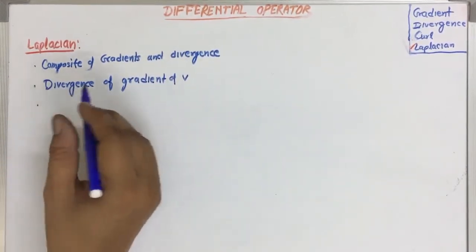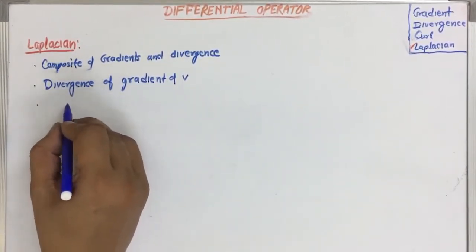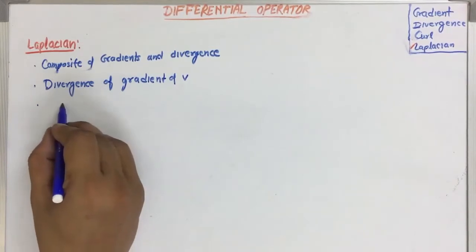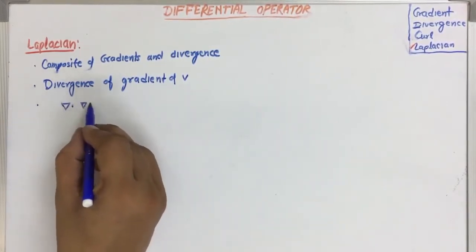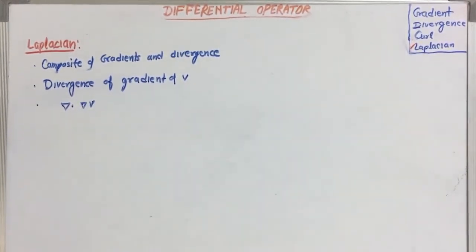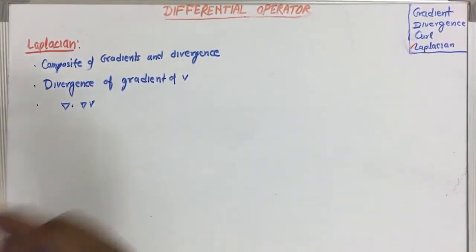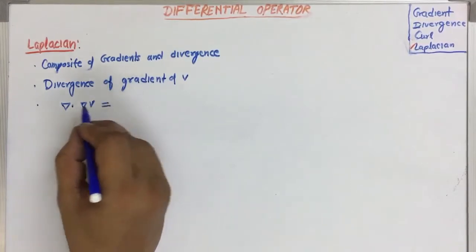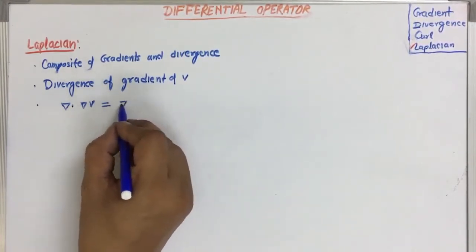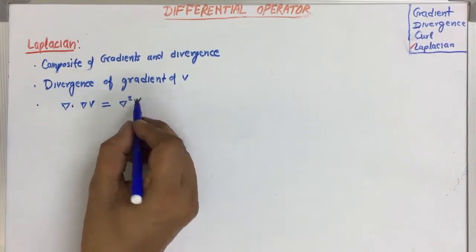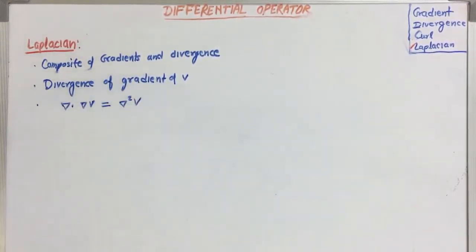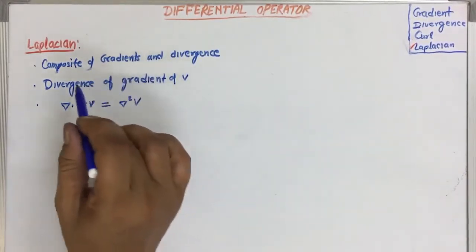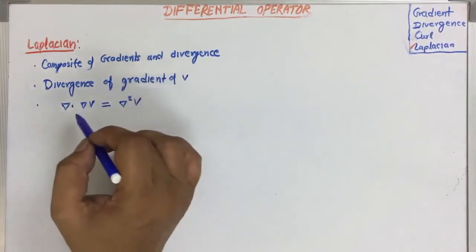So in notation form, we can write divergence of gradient of V, and further it can be simplified as the dot product, del square V. This is Laplacian. So that is a single operator that is a composite of divergence and gradient, and it can be written